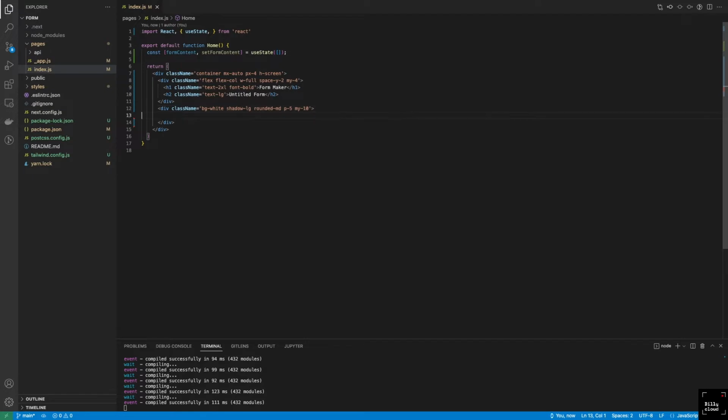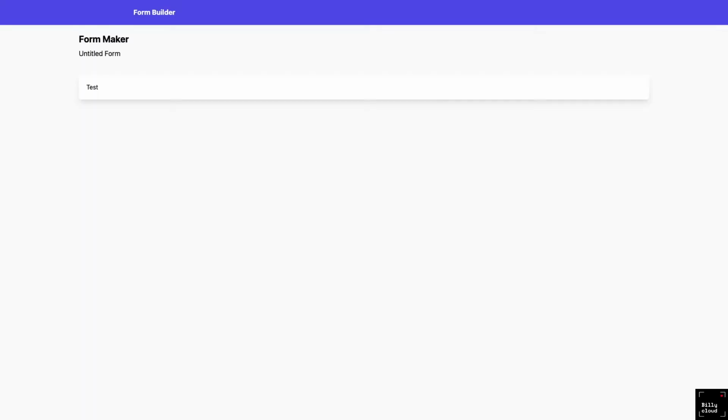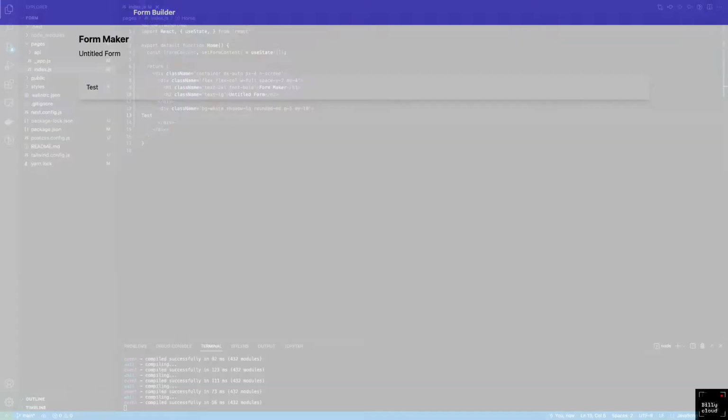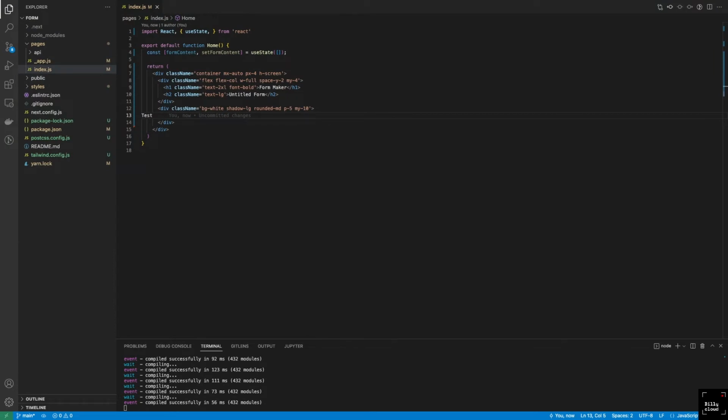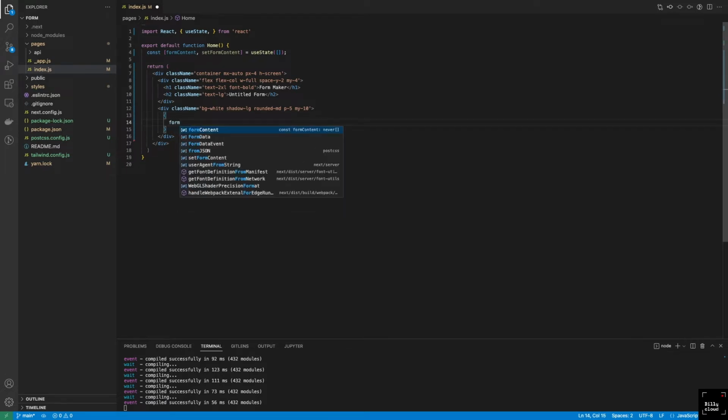See how that looks. I'll just throw in a text here that says test. And let's look at this in the browser, and it's good. Okay, now that we have this, I would keep a boilerplate here. And the first thing I want to do here is we know we're going to be making use of form